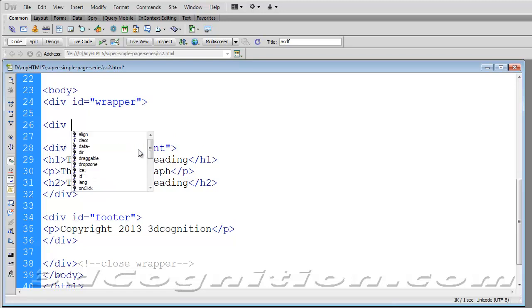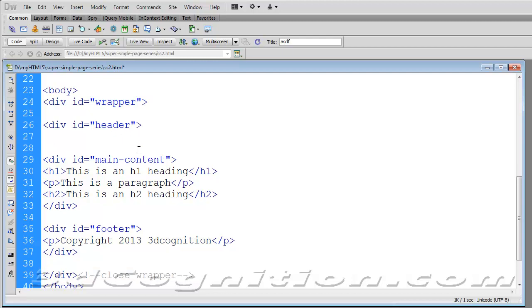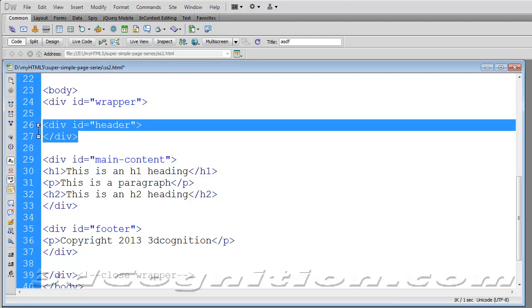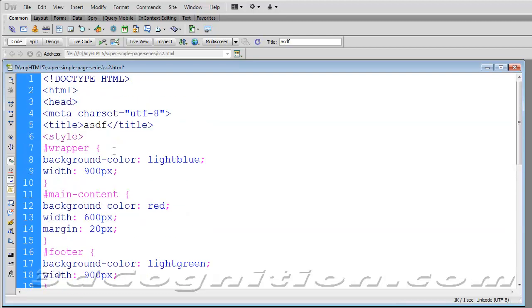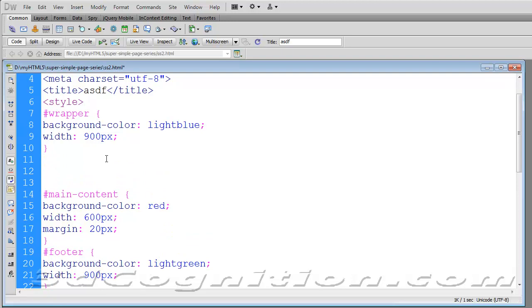So I'm going to say div id equals header. And let's go ahead and close the header right away. We're not going to put any content in here. We're going to put the content in the CSS. I'll show you how. We'll do a hash header and put in our